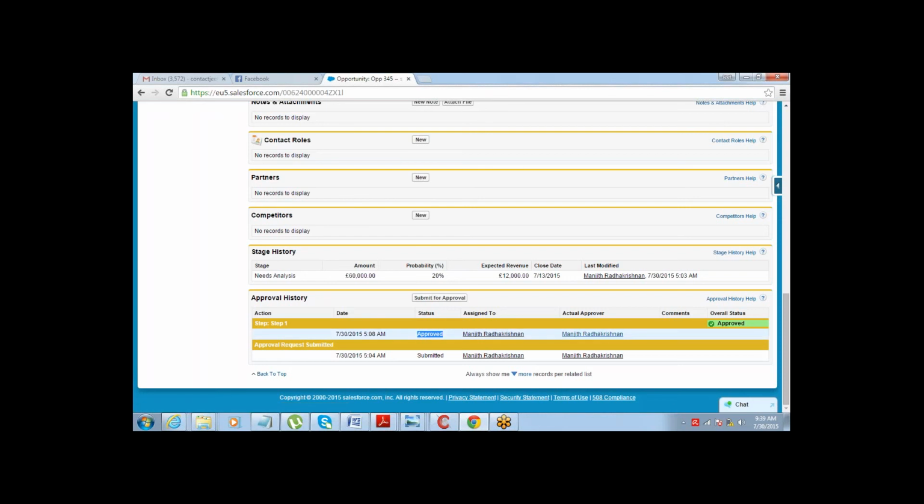And there's a person who approved it, right? So you can actually see the history also here. Got it? So this entire process is completely automated, and you see how simple it is now. So that long approval process is not required.